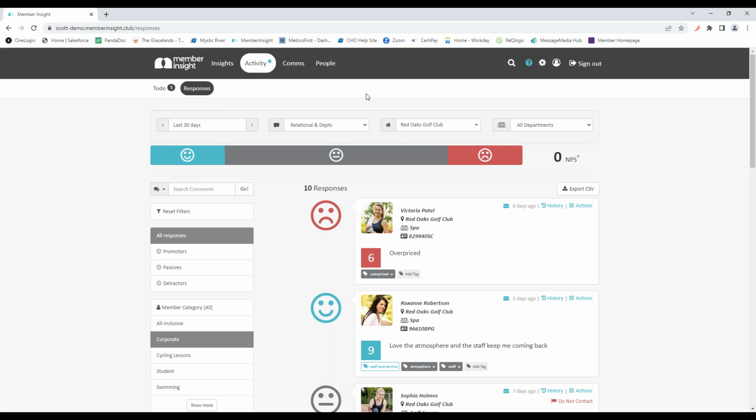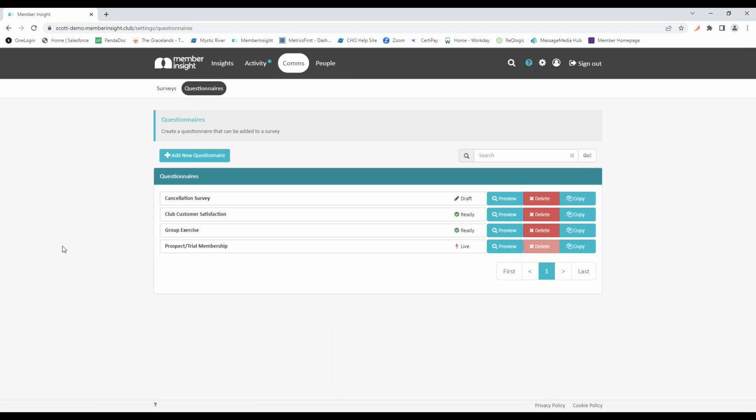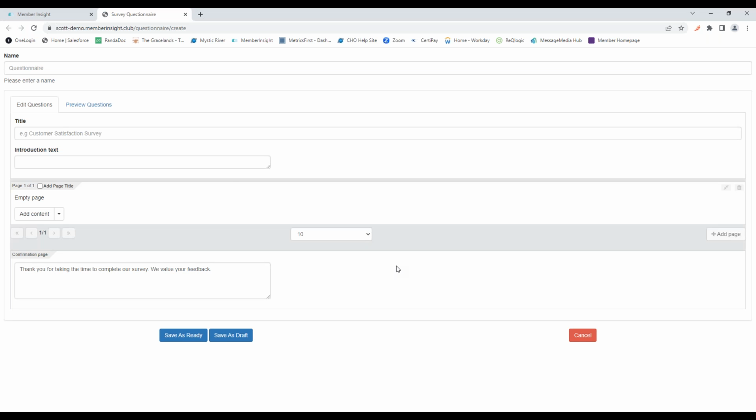Now to actually build a custom survey, we could go in here, and this is where we would build our questionnaires. So you'll see we've got all of our surveys saved within here that we want to send out on a regular basis, or that are repeat surveys that maybe you send out once or twice a year. You want to keep them, make your additions. If we jump into a questionnaire real quick, this is where we can actually build the survey itself.